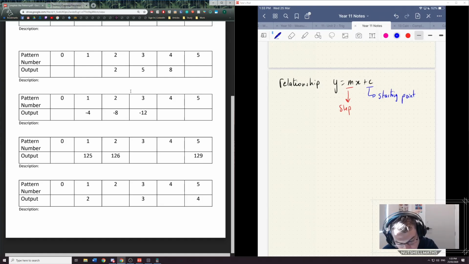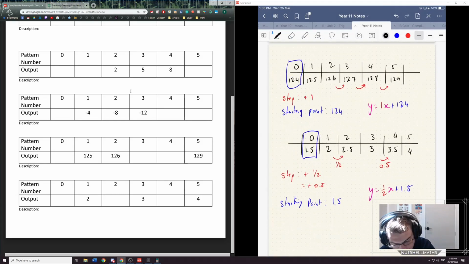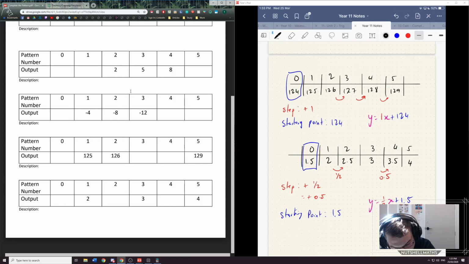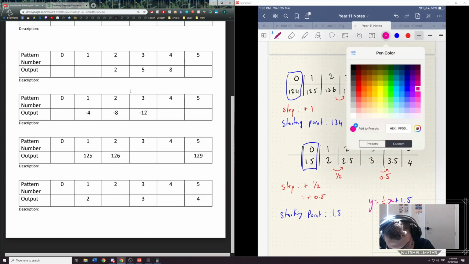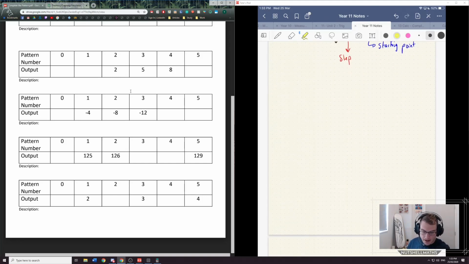If we have a look at something special, if I just scroll back up here for a second into each of these, this pattern number we're going to call X, and this bottom part we're going to call Y. And this is really important. I'm going to highlight it for you guys, because now we're going to link in our knowledge of coordinates with our knowledge of patterns together. So let's have a look at